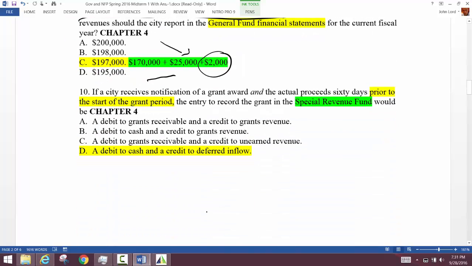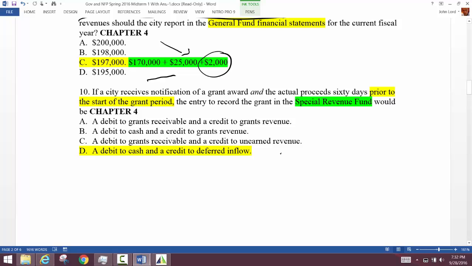Then what? Number 10, a city receives notification of a grant award and the actual proceeds 60 days prior to the start of the grant period. The entry to record the grant in a special revenue fund. Special revenue fund's a governmental fund, isn't it? And we were told, and we actually got the money prior to the start of the grant period, right? Okay, so when we received the money,